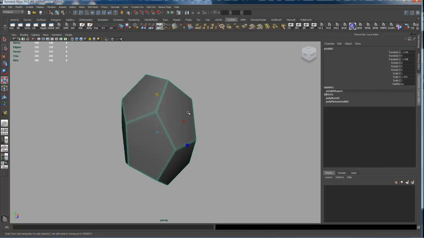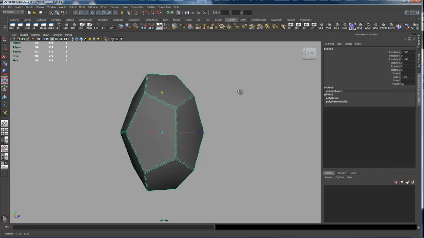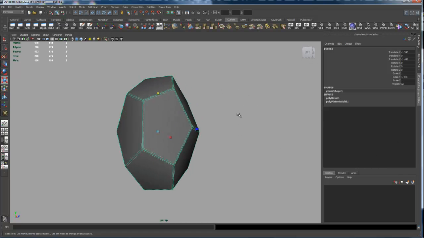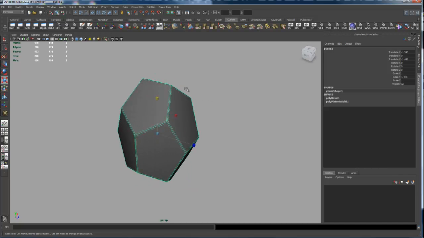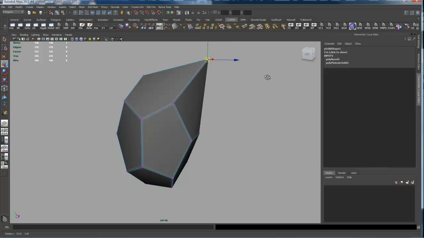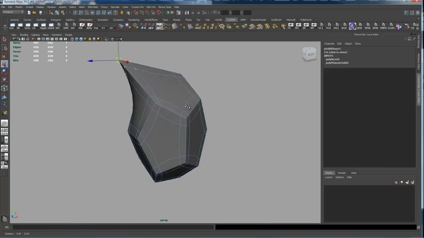You've got to remember though, if you're going to do something other than scaling, these faces are going to become non-planar, and so you'll get some odd behavior there. So you're best off to just stick with scaling it in either X, Y, or Z, and try to avoid moving particular corners, like grabbing all of those nodes right there and pulling them over. If I did that, you see that this face now is non-planar, and if I smooth it,